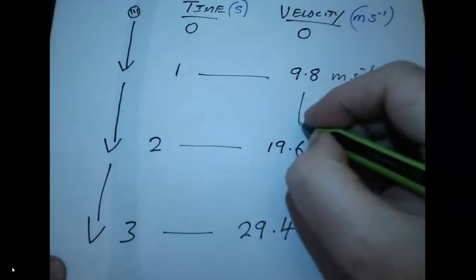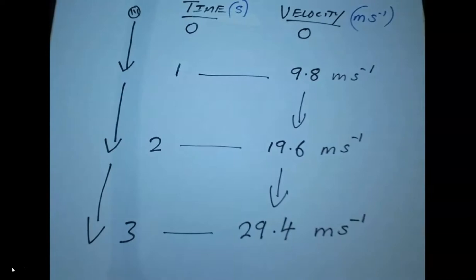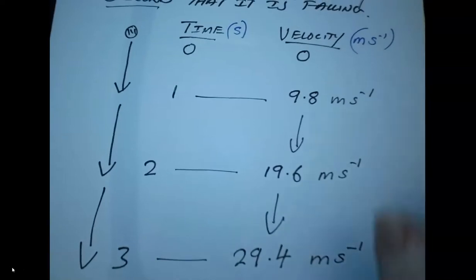In other words, it's gaining 9.8 meters per second of velocity for each of those seconds and will continue to do so. Air resistance, of course, will slow it down. We're assuming a vacuum in these conditions. So